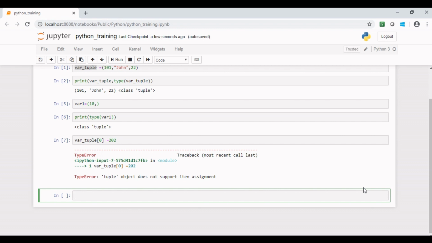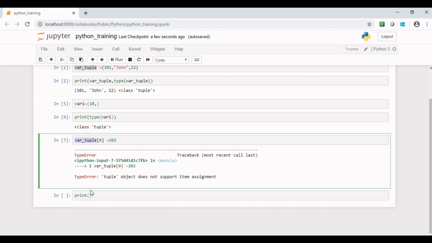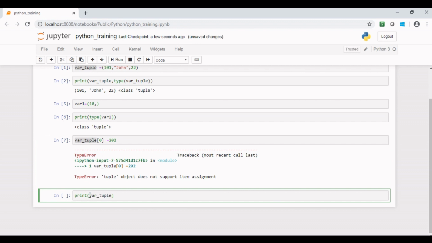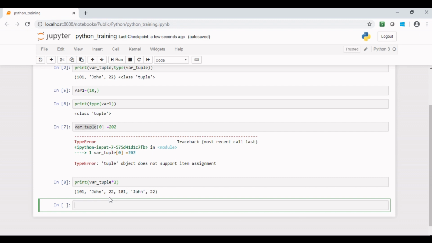Now let's discuss some operations that we generally perform over tuples. Again, as we have seen in case of lists, if you want to repeat elements of a tuple, you can use multiplication operator. Similarly, you can try concatenation operation.